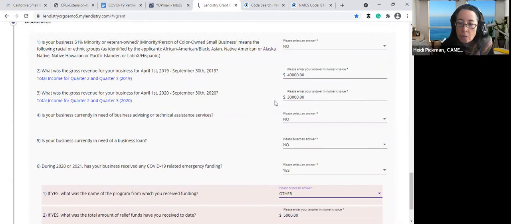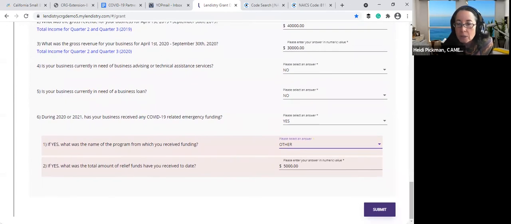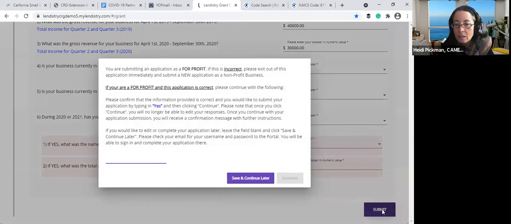And is it worth applying if you're only 5% down in revenue? I would say yes. You don't know what the algorithm is and there's a lot of money to be given away, and maybe the last person is the one, if others are down 10, 20, 30%, maybe the last person is 5%. So they're going to have to weigh that, if 5% is 100,000 and they're going to get,